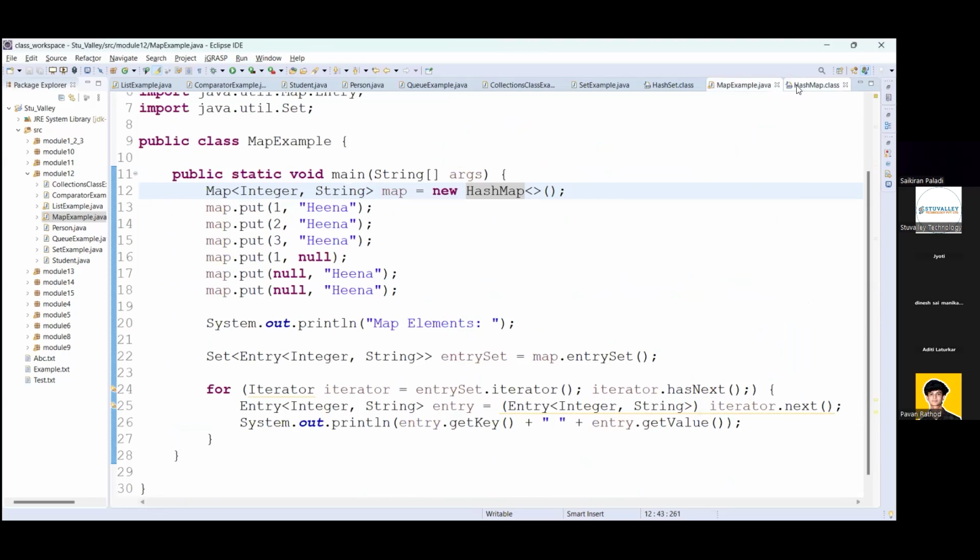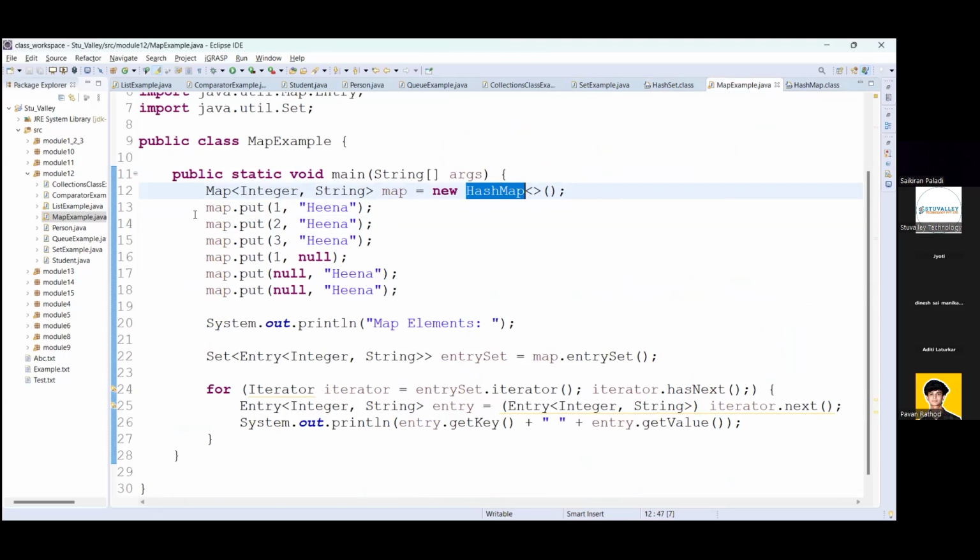So this is HashMap, and it uses the hashing part for storing the data. That's why map never stores duplicate keys, but duplicate values are allowed. You can store n number of data into it. It always gets stored as a key and value pair. In a similar way, we can store the data into TreeMap. Okay, so there is a TreeMap which is again used to store the data in the natural ordering of